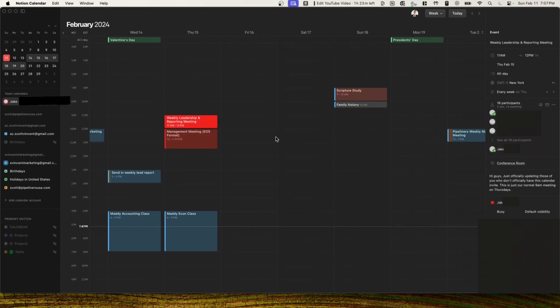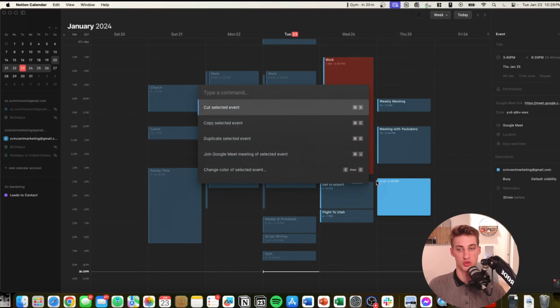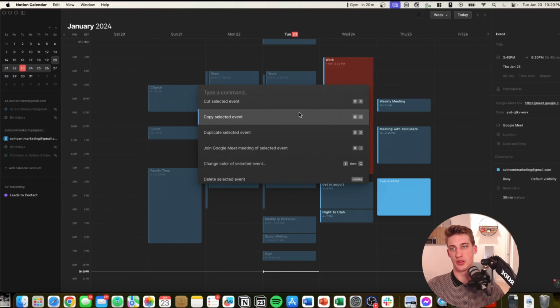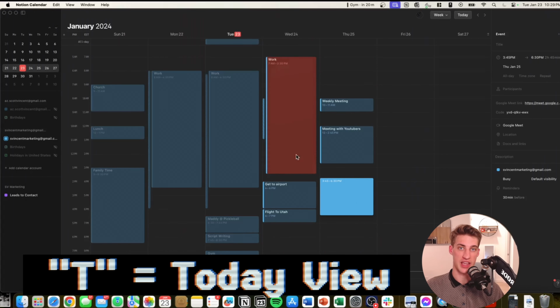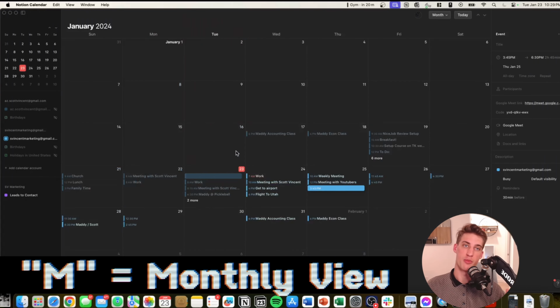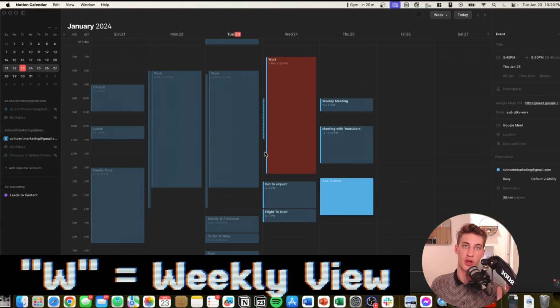Okay, what else? Here's a little hack I'll show you. So press Command K, or Control if you're on a PC, and you'll see a bunch of different shortcuts that you can do. Some of these simple shortcuts as well that you can do. You can press T to go to today view, M for a monthly view, and W for a weekly view,